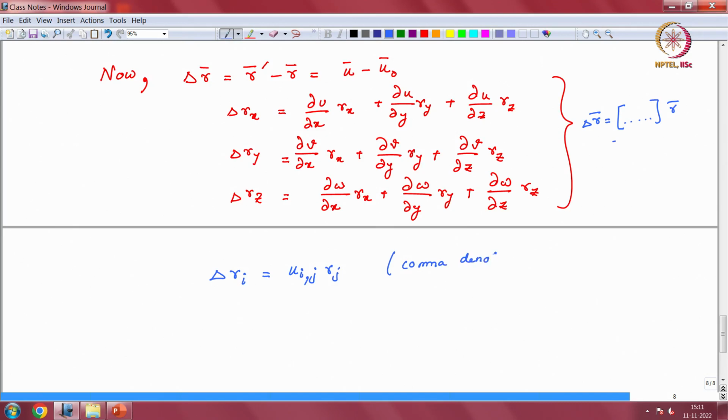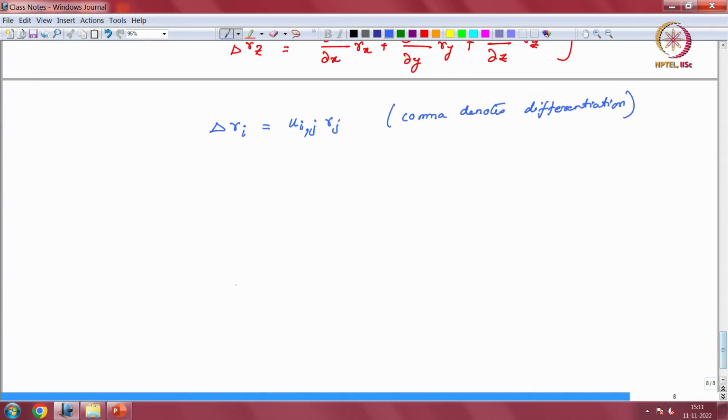denotes differentiation, as is with index notation, right. So, this index notation just helps us write this down in a more overall simplistic manner. Now, this U i comma j, we already know what this is because we already worked it out. It is nothing but this particular matrix. Right. So, if I had to